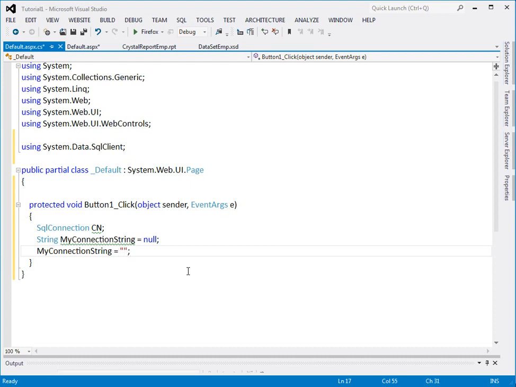So what I am going to write between these quotation marks, that I have to define 4 things. Number 1 is data source, that will be the name of the machine or name of the server where our database is, and next will be the initial catalog. The initial catalog is actually the name of the database, and then the user ID to log into the database and the password. So first let me provide a data source here,